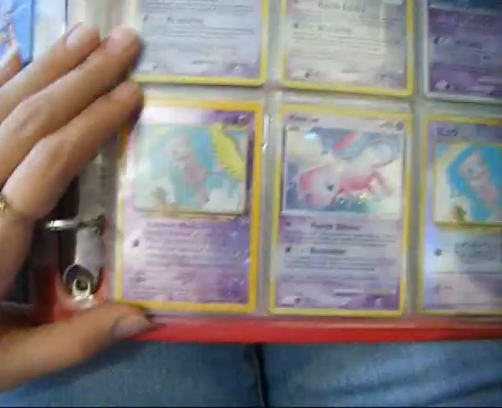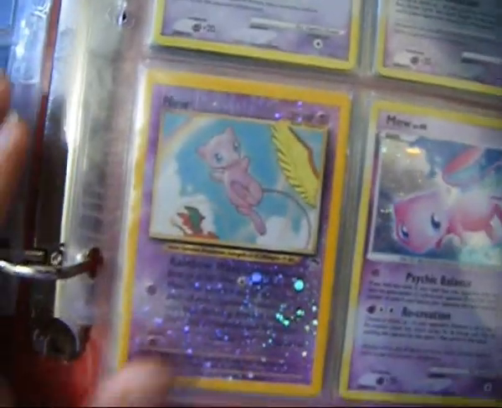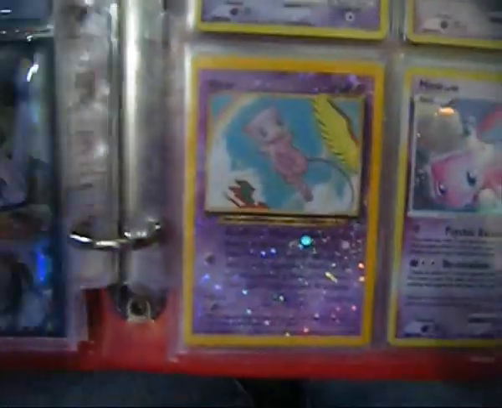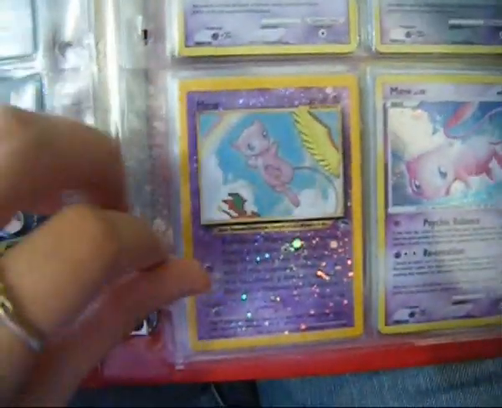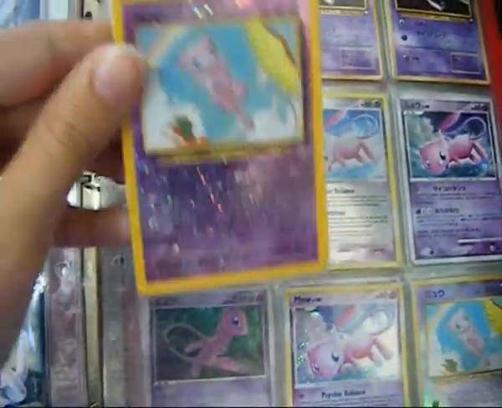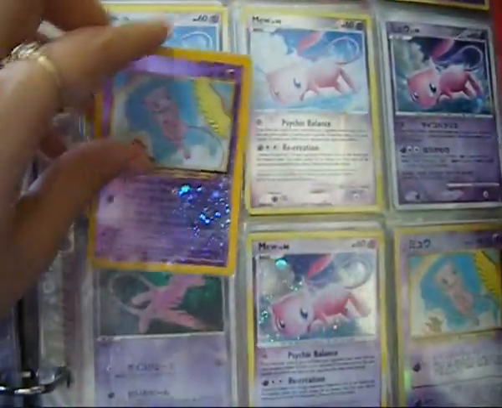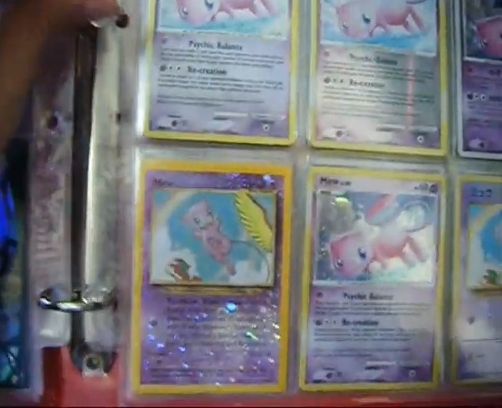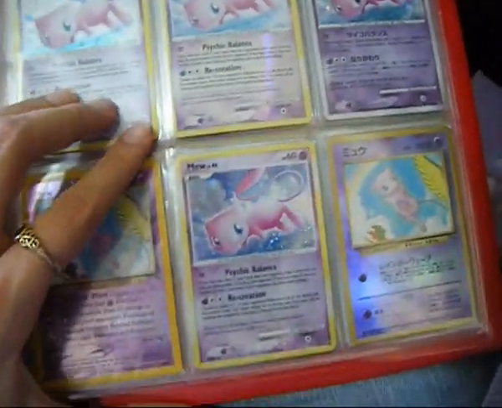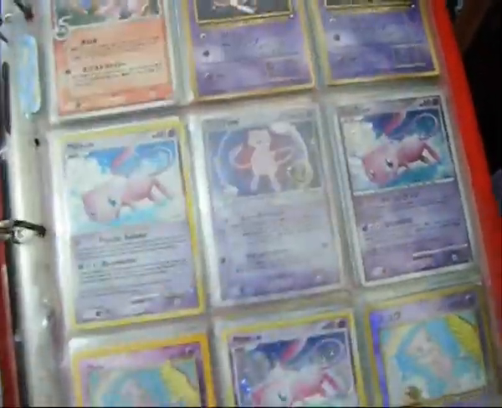Now, we have the Southern Islands Mew, which is a very cute card, in my opinion, very cute. And it was one of the few cards Wizards of the Coast actually produced in English. It was the original reverse holo. As you can see, the picture is not holographic, the rest of the card is. So it was the original of that, which is pretty cool, because all of the other reverse holo cards that you'll see in the future, such as this one from a recent set,